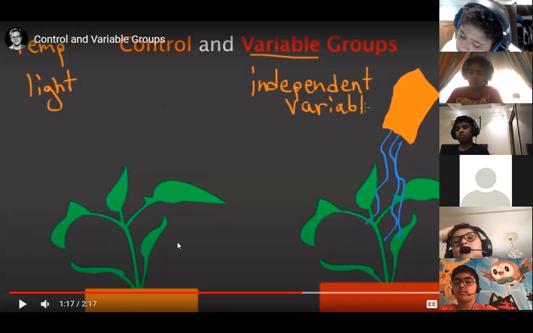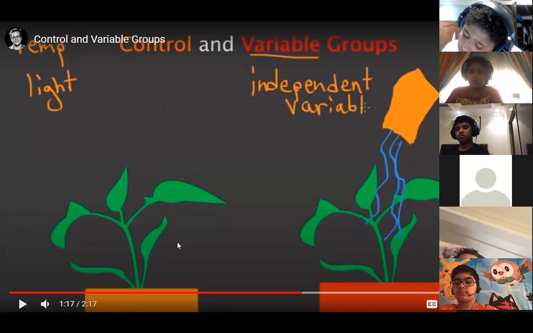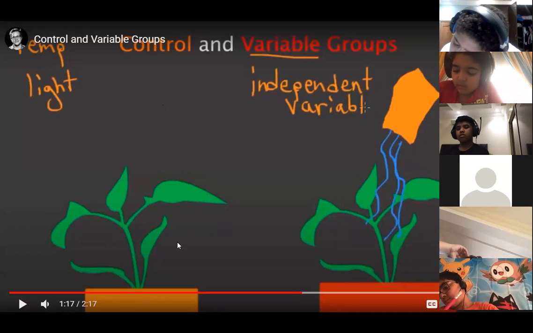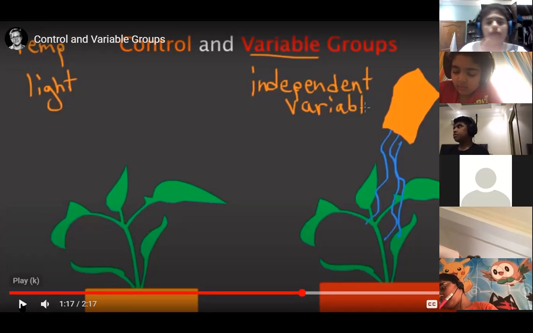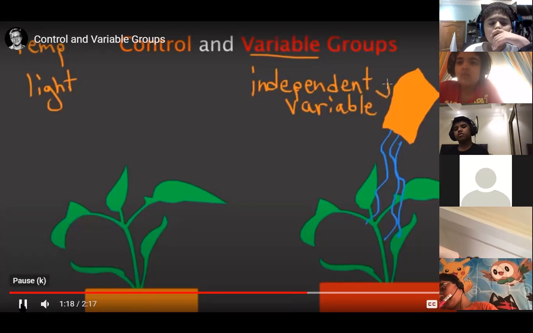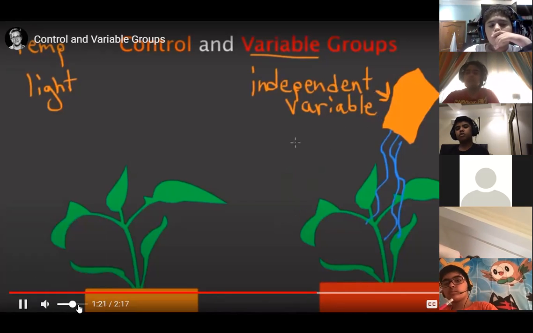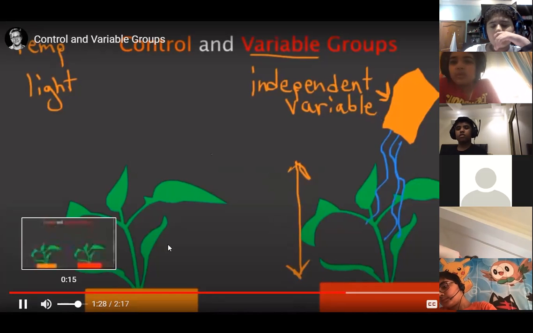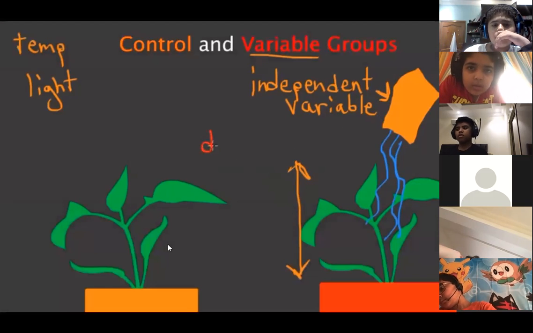The variable is the one which we are able to change, so we call it independent variable. And you can see that he's keeping the temperature and the light constant. So the things which are staying constant are written as controlled. And the one which we can change is called variable. And the dependent variable in this case is the plant's growth. So let's just say growth. I'll switch colors here. All right, so the dependent variable